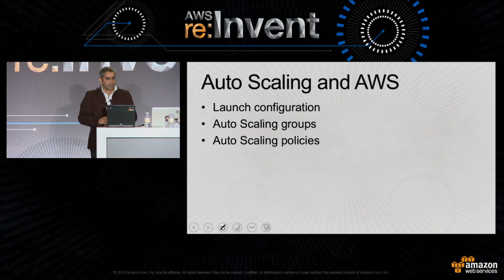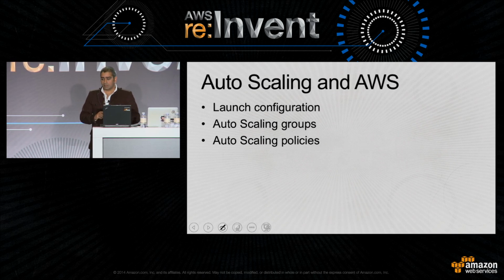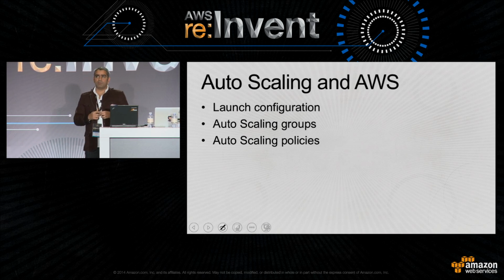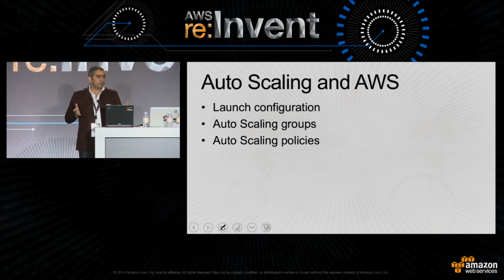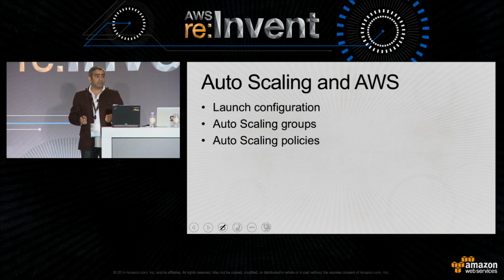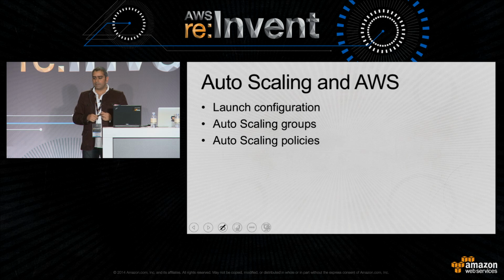AWS has a pretty cool feature, auto-scaling groups. Auto-scaling groups work on the basis of a launch configuration. If you have worked with ASGs, you know that launch configurations are kind of like a template, which talks about the instance type and the AMI they're going to use. And based on an auto-scaling policy, if the CPU goes beyond, as Callum was mentioning, 90% and stays there for 5 minutes, you add a new instance. Similarly, if it goes below a certain configured threshold, let's say 30%, and stays there for 10 minutes, then you remove an instance so that you can save some cost.